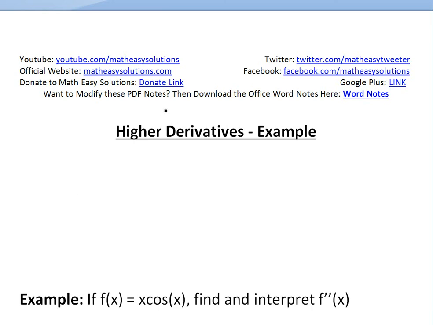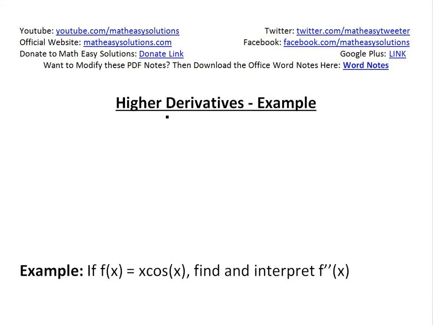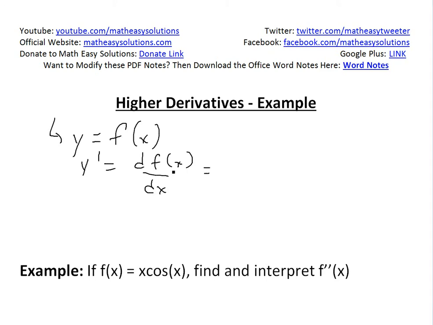Trying to discuss just an example on higher derivatives. What I mean by this is if you have a function, let's say y equals f of x right here. So if you were to take the derivative, you get basically y prime is equal to df of x over dx, and this would just equal, you could write it as y prime or f prime of x. But then if you were to take the derivative of the derivative, you're just basically getting into higher derivatives,